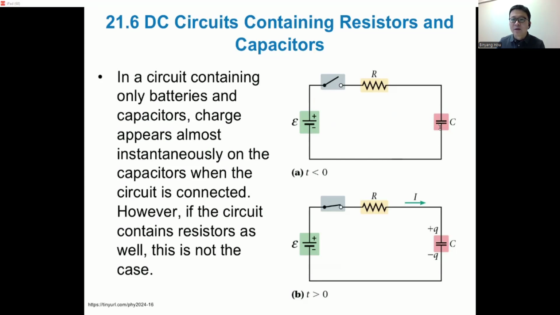You get negative charge at the bottom plate here. And then in this case, electrons flow back in here. So then there's positive charge over here. Okay, so that's what happens. But